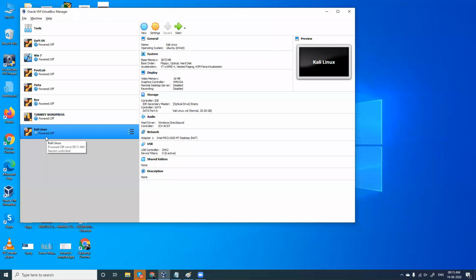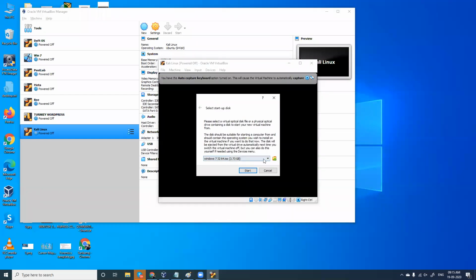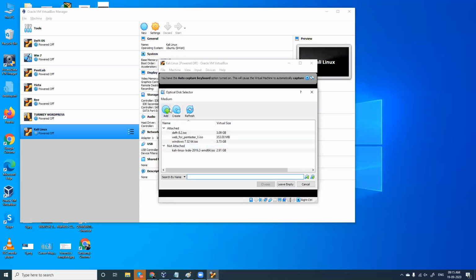Now the Kali Linux ISO is already shared with you in the drive, so you can download that. Click this start icon here. When you click start, it is going to ask you for the ISO file. Click this icon for browse, and when I click this, I'm going to click add,